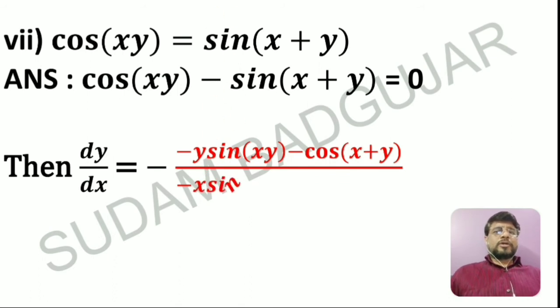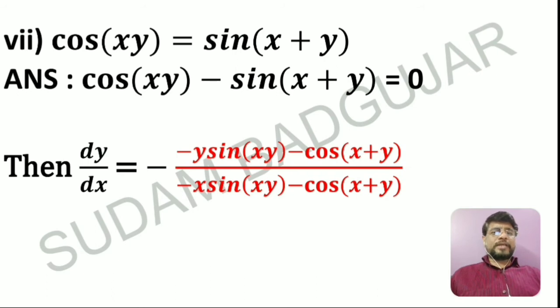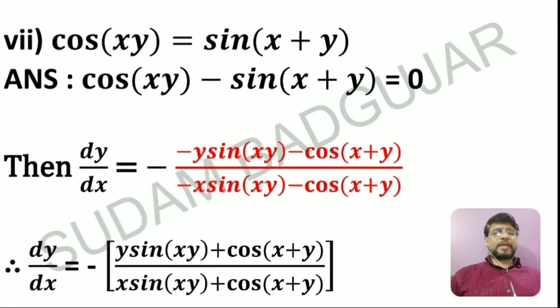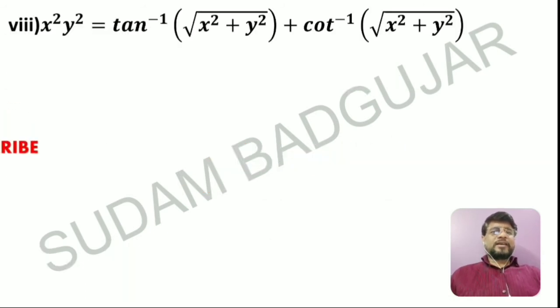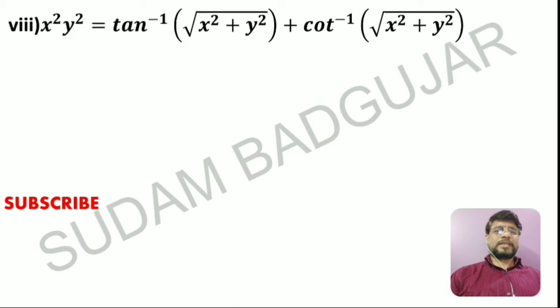Again upon the derivative of cos, which is minus sin of xy into x, and minus cos of x plus y. Taking the minus sign common, minus minus becomes plus, and that is dy by dx is minus in brackets, that is the final answer. Okay, within 3 seconds you will get the final answer, but here you have to remember the formula, that is the standard formula: the derivative of x raised to n, derivative of tan x, derivative of sin x,